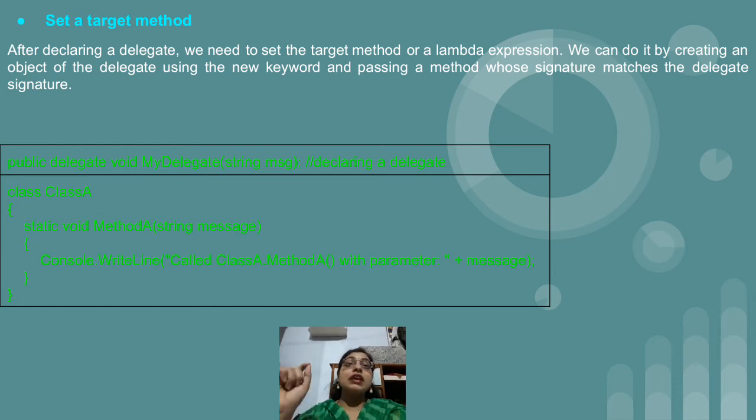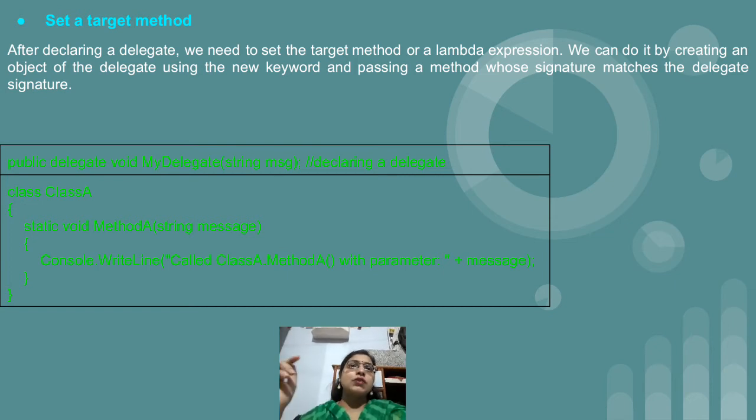After that, we have the name of the method, that is method A. Within round brackets, the variable which we have declared has a single parameter. And similarly, method A, which is the delegate method, should again have the same parameter. So for the same, we have passed the parameter string message to method A. Now the method should match the signature. Signature means the return type and the number of parameters which we have provided to the delegate, and then write down the content whatever you want.